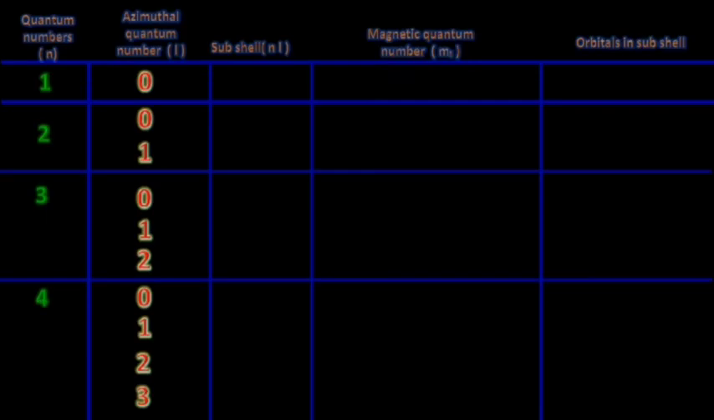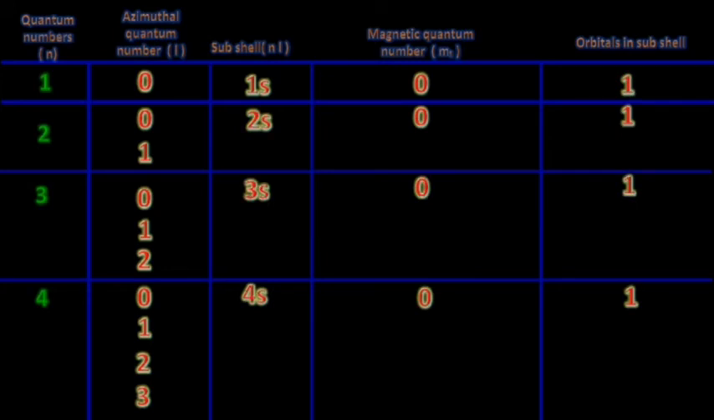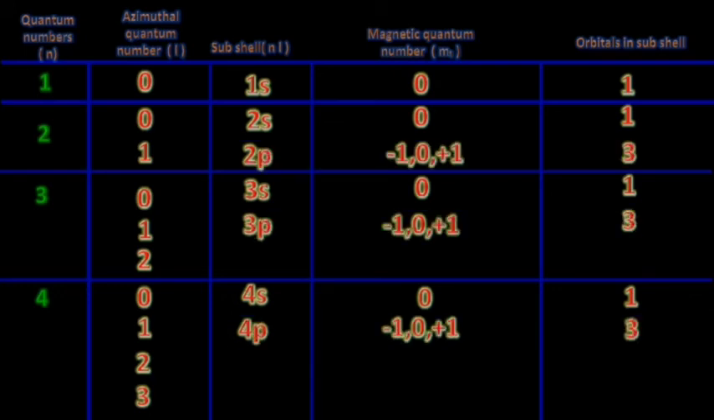Now, principal quantum number 1 gives the L value 0, that is the subshell 1s with magnetic quantum number 0, and the number of orbitals in it is 1, occupying 2 electrons. Look at this. The 2s orbital has magnetic quantum number 0 with 1 orbital and the capacity of electrons is 2. And for L equal to 1,